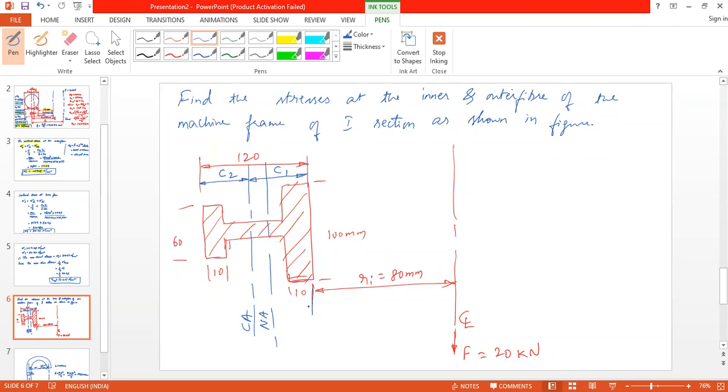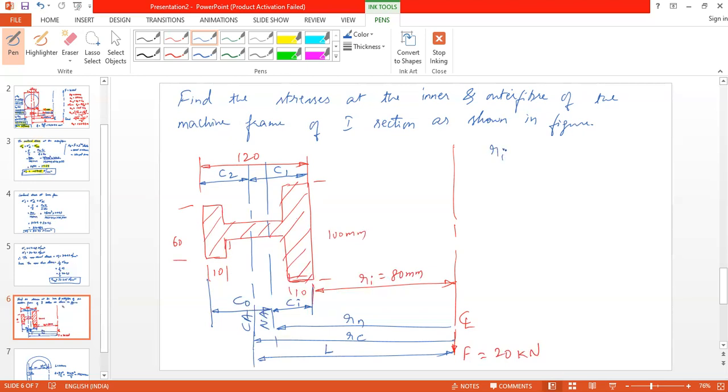The distance between the neutral axis and the inner fiber is Pi. The distance between the outer fiber and the neutral axis is P0. The distance from the load line to the neutral axis is Rn. The distance from the centroidal axis to the line of curvature is Rc. Here Rc and the perpendicular distance both are the same.